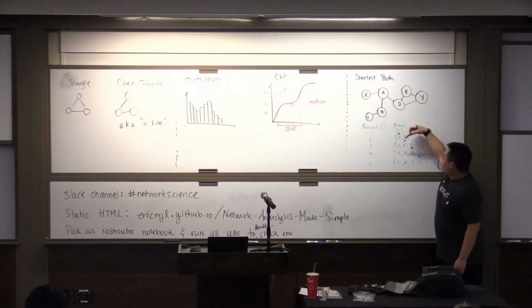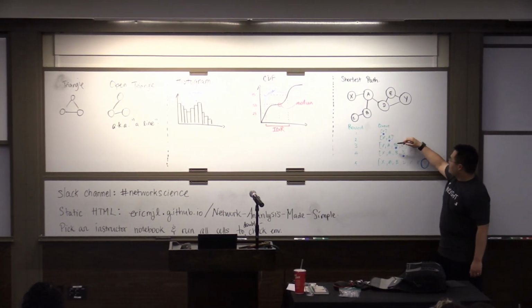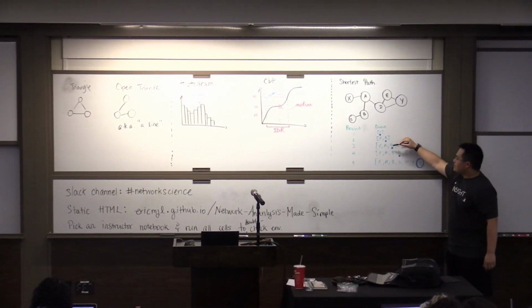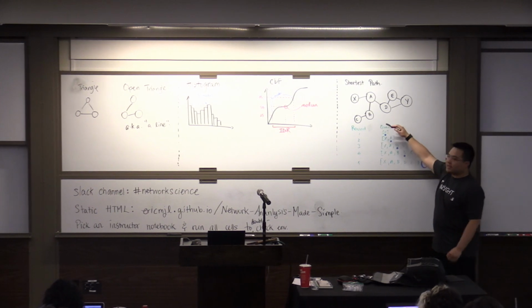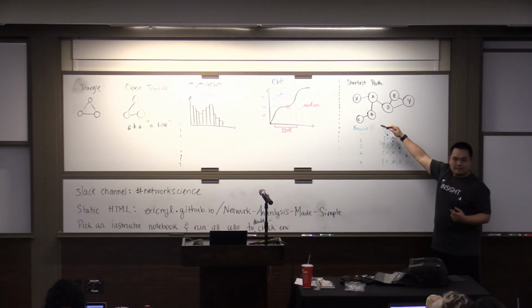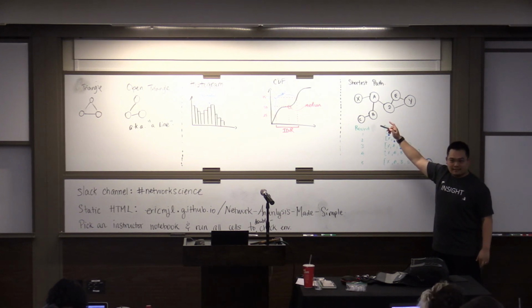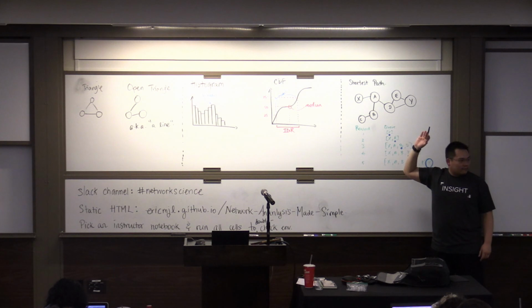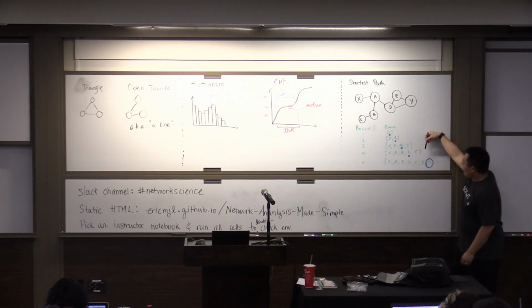Then we're at A now, and we look at A's neighbors, and there are B and D. So let's add B and D to the queue, and now let's move on to the next node in the queue, which is B. So now we're at B, and who are B's neighbors? A and C, yes, that's right. But we don't add A back into the list because we've already visited A. So we're keeping track of the fact that we've already visited A, and so we only append C